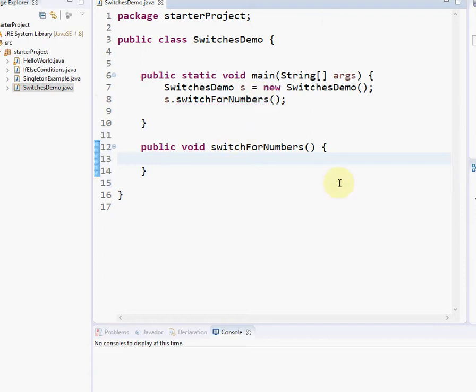So first of all, switches will always work with variables. So I need to initialize some variable. So let's say int myNum equals, let's say 15. Okay, so now what happens is, usually when you want to get these